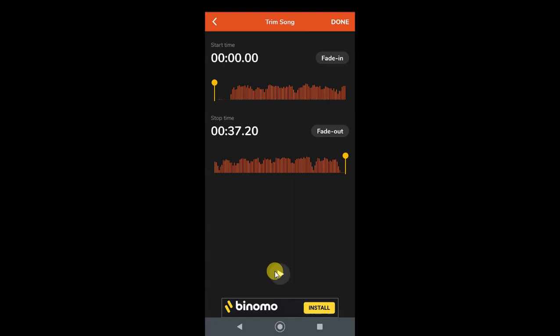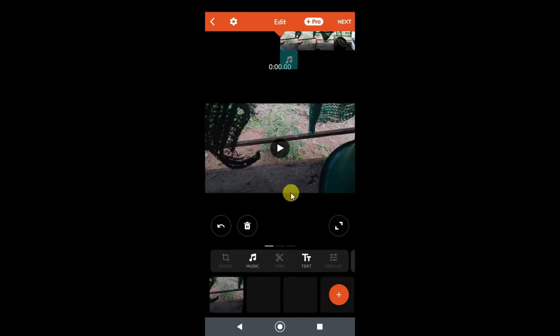You can play from here. You can see it is playing. I don't know, my mobile is slow. So here you can see guys, the voice is playing. Now you have to play from here. You have to check whether the voice is good or not. So just check the voice and click on done. Okay, so this voice will be imported on this